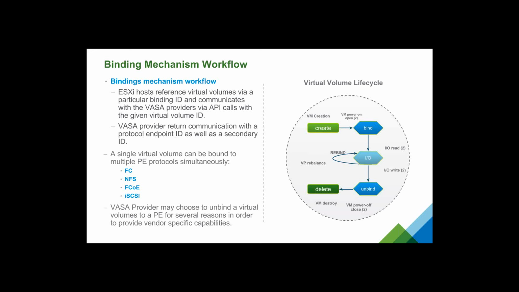And similarly, vSphere will issue an unbind request at the end when it no longer needs the vVol. It wouldn't necessarily be when the VM was destroyed, but it could also just be when the VM is powered off. There's no need to have a binding to a VM that it doesn't need access to anymore. And there we've got the neat little animated arrows.